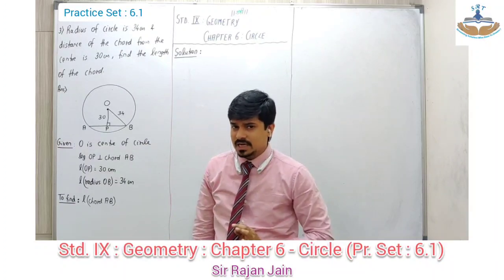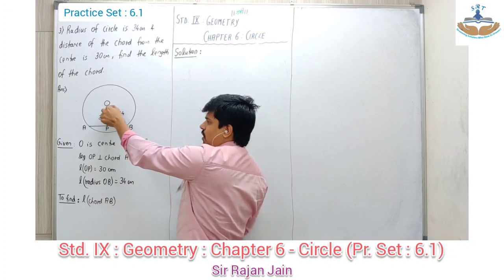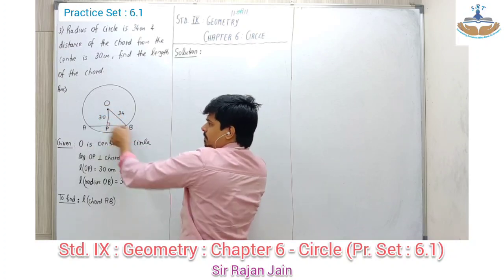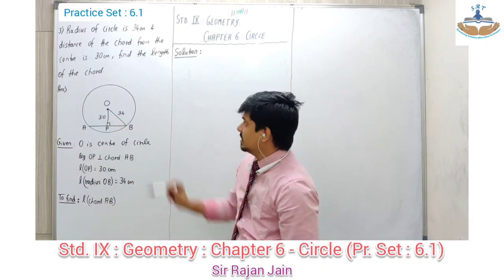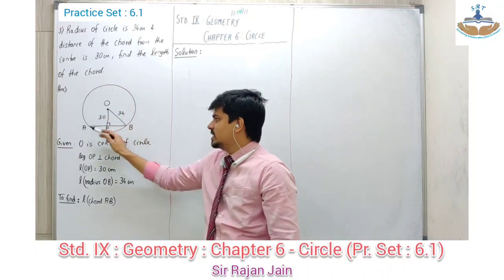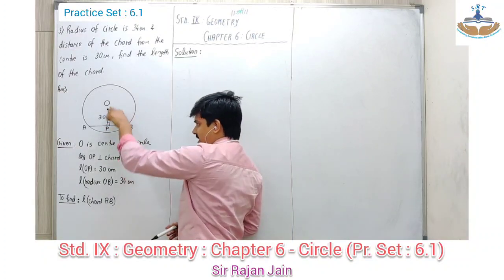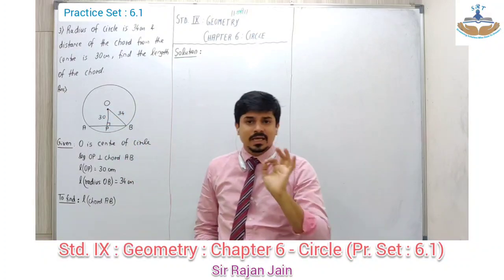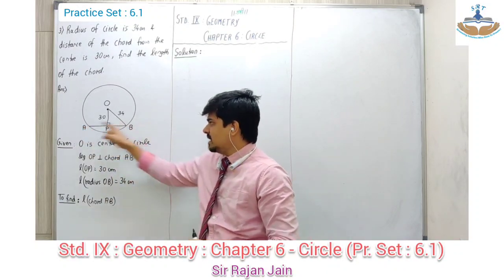जब भी distance के बारे में बात होता है, it is always the perpendicular distance. So from O, I drop a perpendicular OP on chord AB, and length of that OP is given as 30 centimeter. I am supposed to find the length of the entire chord. एकदम simple question है. This right angle triangle, okay, two sides are already given. If I apply Pythagoras theorem, I'll get PB. लेकिन question में क्या पूछा है? AB पूछा है.